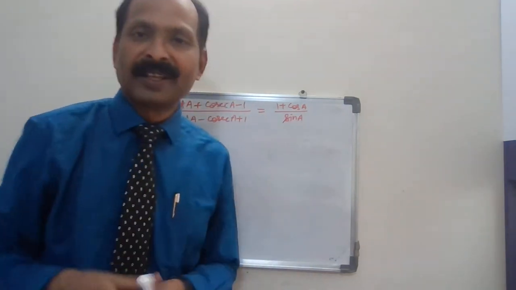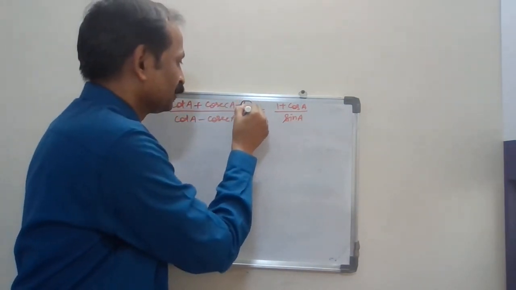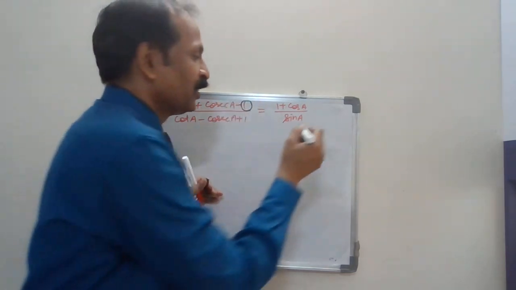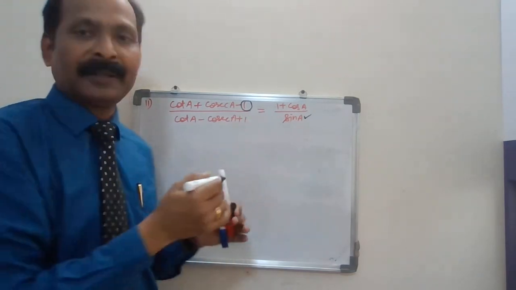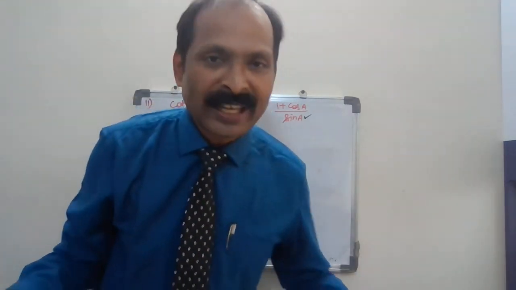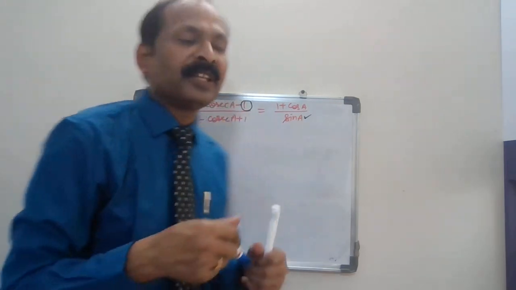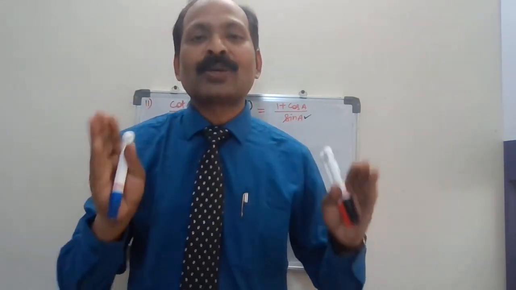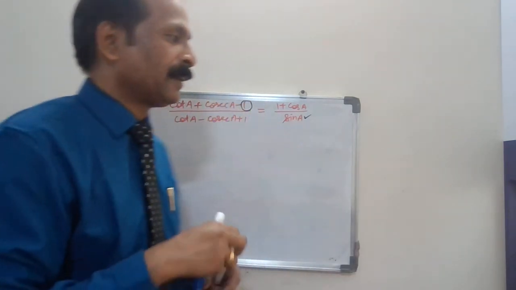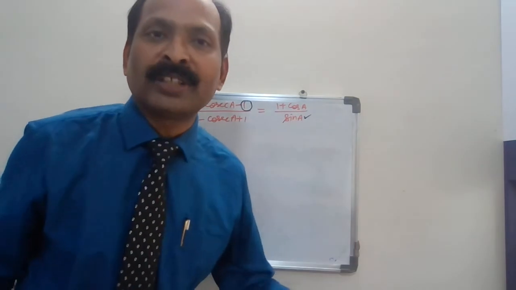Please remember, the magic in this question is this one. Since you need the denominator sin A, you have to get rid of this sin A. And cosec is, as you know, 1 upon sin A. So we have to get rid of this denominator. So this 1 is the only clue in this question. So apply the identity of cosec and cot, because cosec and cot both are involved here.